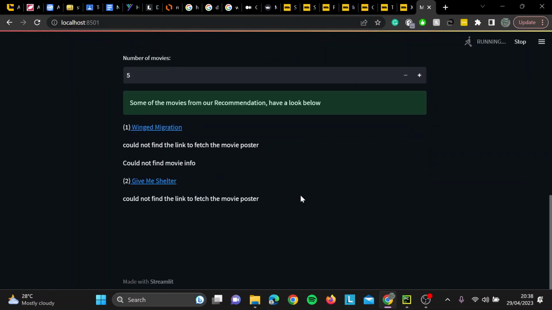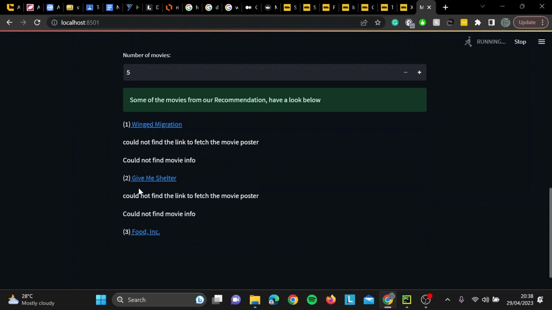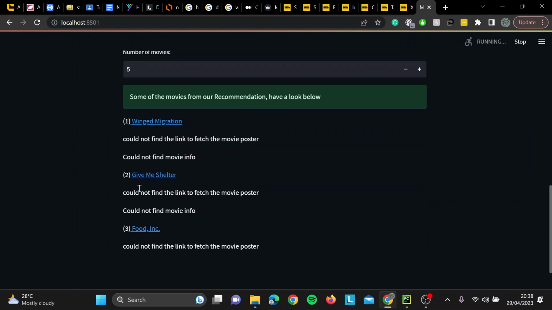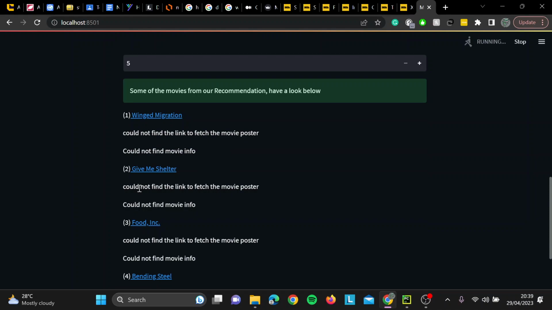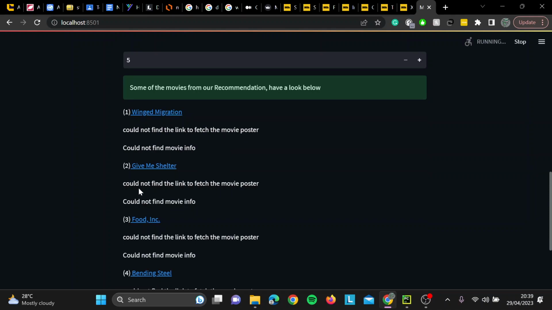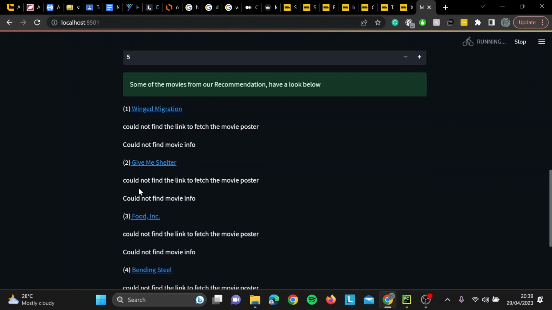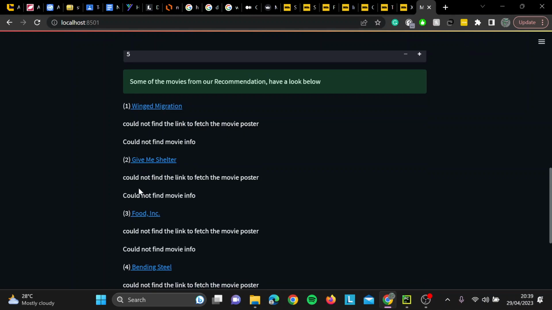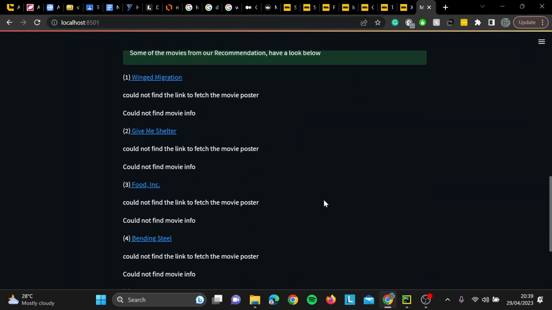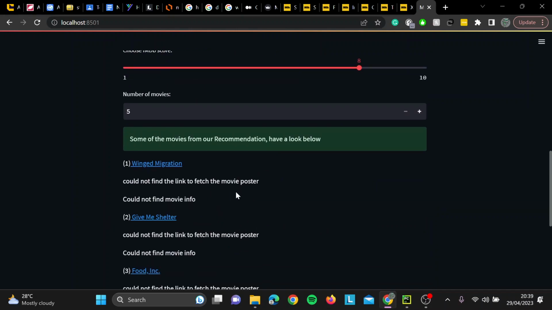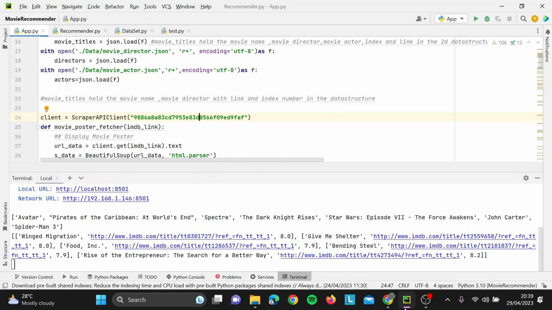This would not give me anything. Could not find the link to the movie poster fetcher and could not find the movie information. This will successfully give me all of these validations, I guess. So yeah, that's another objective ticked, which is to give proper, correct validation if anything wrong happens with the IMDb HTML page or my data set gets corrupt. So yeah, this is the 5 movies that it was supposed to fetch, but it won't because it can't find the link or cannot find the movie information, and that's because I purposely changed my API to not work, my